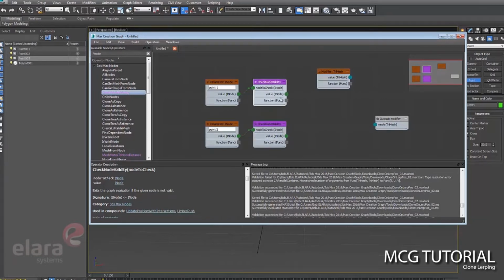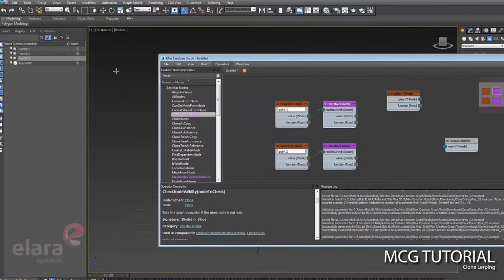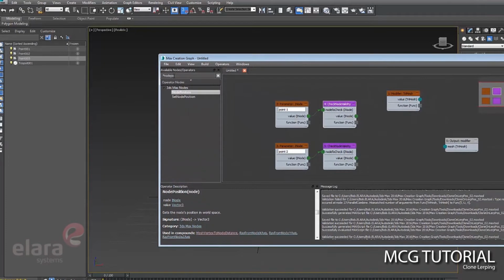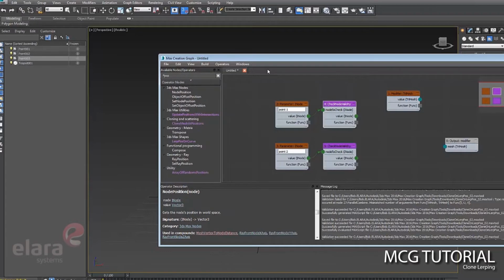And then from there, we want to take this node, which holds information about whatever's selected, and dump out its position. So we could do node position here. I've got this little asterisk up here, which is like a wildcard search. It searches for everything. If I just wanted to type in position, I'm going to get everything that starts with position. Put the asterisk first, and I got node position here. So let's drag one of those out.